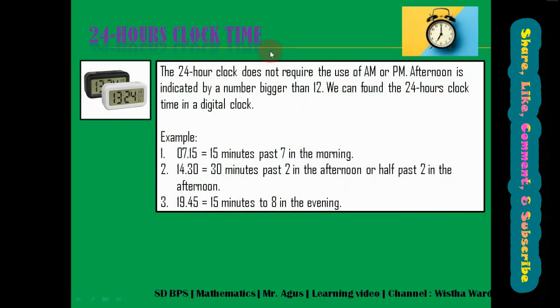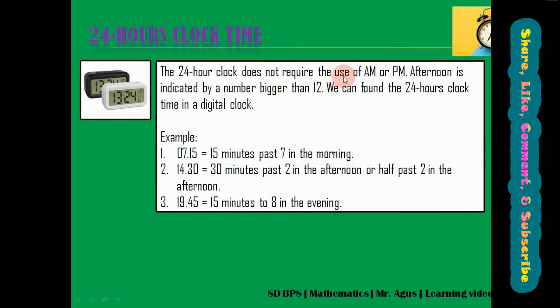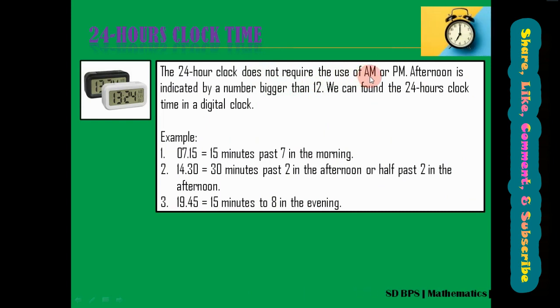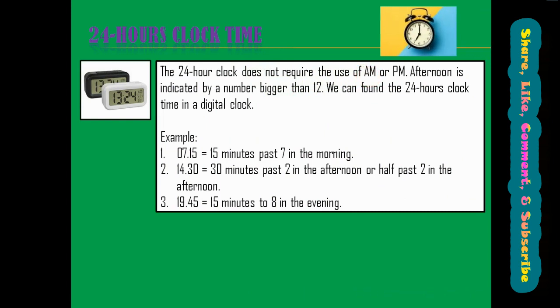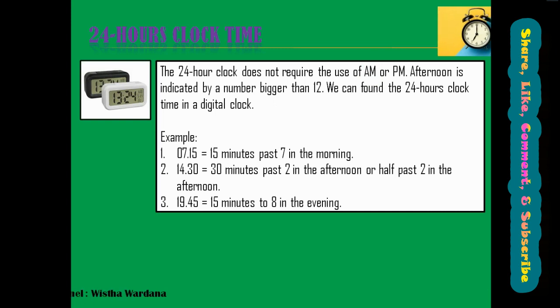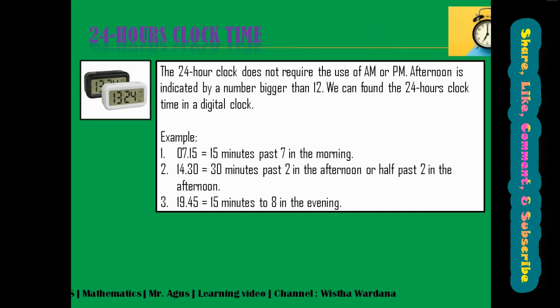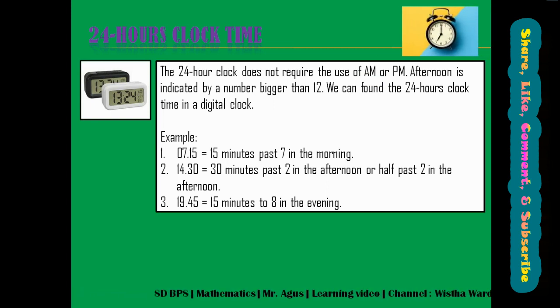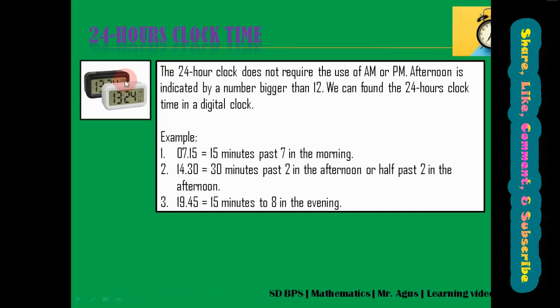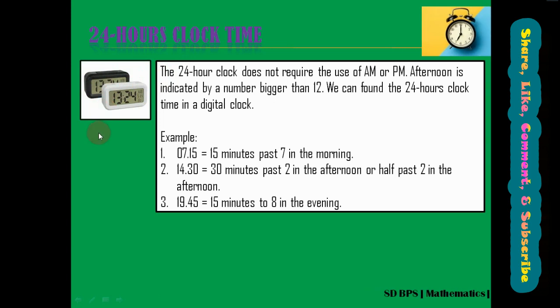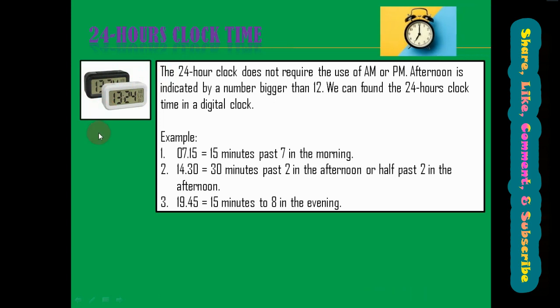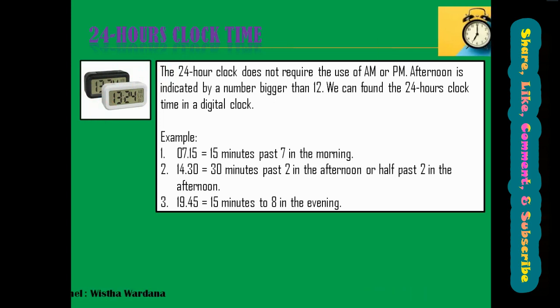The 24-hour clock time does not require the use of AM or PM. Afternoon is indicated by a number bigger than 12. We can find the 24-hour clock time in a digital clock like this. And then, an example of 24-hour clock time, like